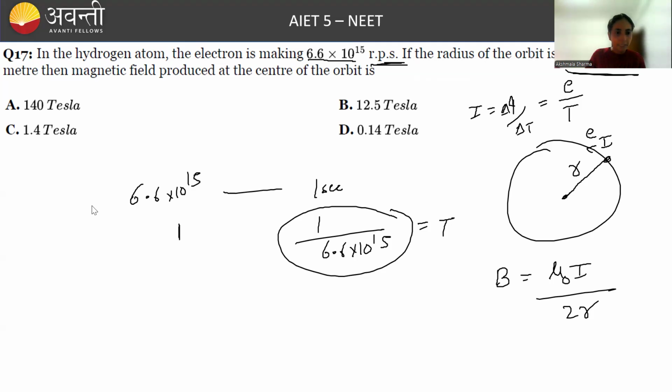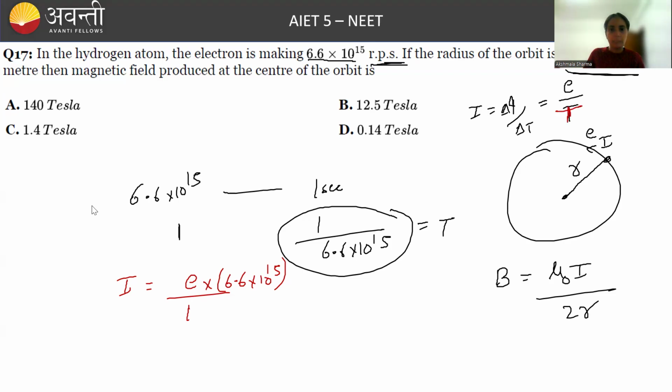So what will be the current? If you calculate the current here, current is E divided by the time period. That is equal to E into 1 divided by 6.6 into 10 to the power 15. So basically E into the frequency given here. Here it is given in rotations per second. That is why I have used this here. If velocity is given like V,